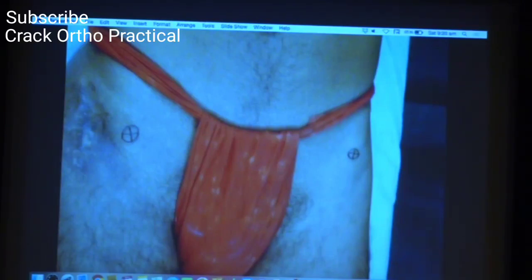Yesterday we did find that the candidate had not marked certain areas. While he made a comment that there is an abduction deformity, he did not mark the Kothari's angle. So whatever you do on the patient, it should leave a permanent mark so that the examiner has no doubt that you have done an examination threadbare. So this is how we leave a mark on the anterior superior iliac spine.